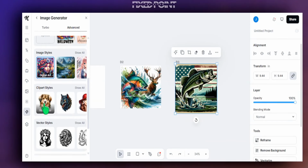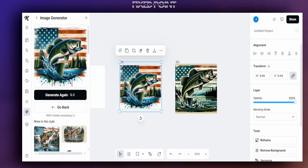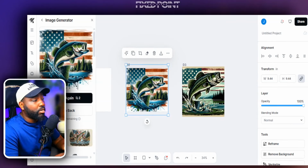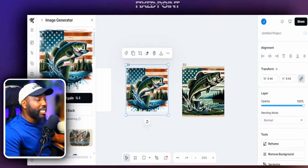But again, if you do select a different clip art style, you're going to get a different design, still following the theme, but definitely a different style of design. And as you can see, that came out well. Also, again, brought in a different type of vibe or theme, but still brought in the American flag, still brought in the bass jumping out of the water, still brought in those colors, and I think that came out extremely